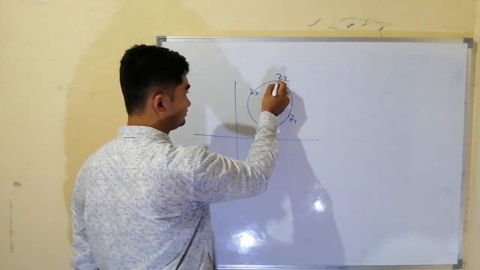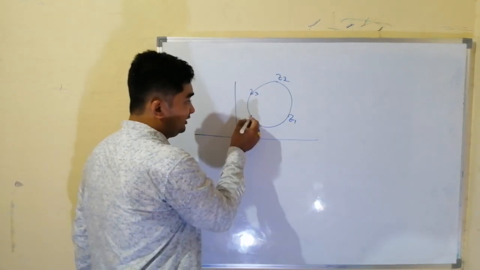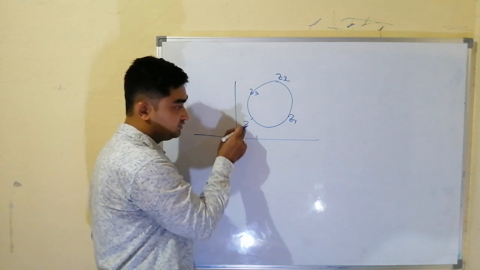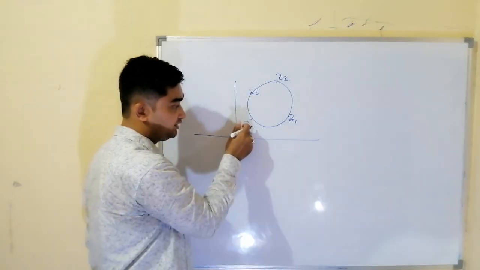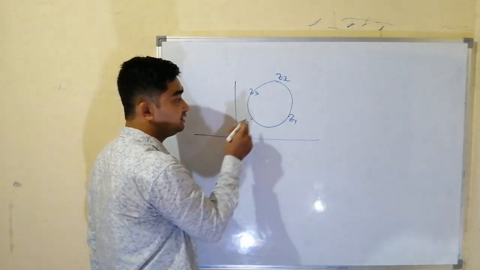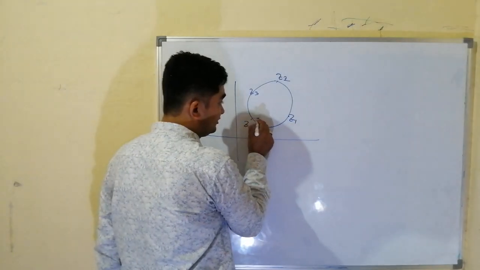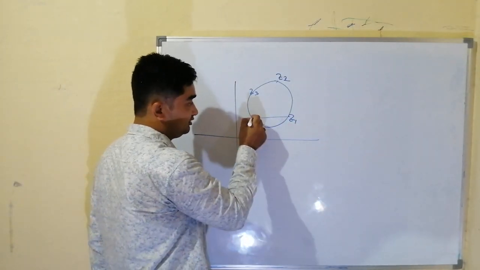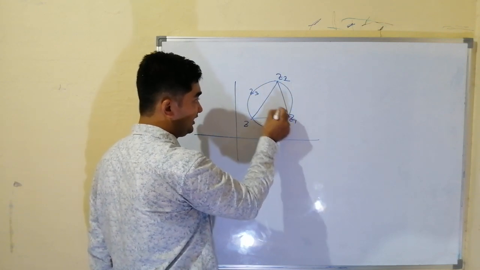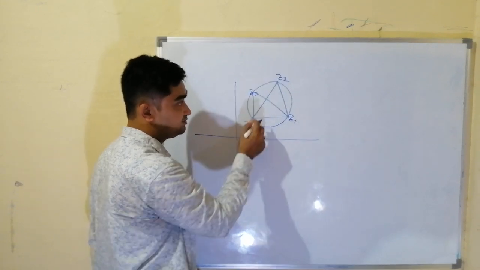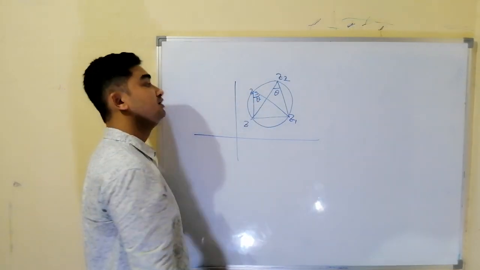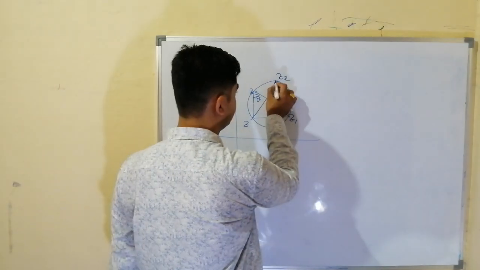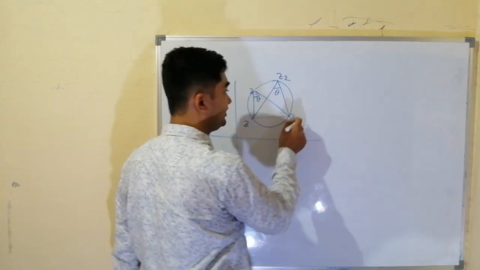Then how to do it? Let us say the locus of the point is z. Any complex number on this circle is z. Then join this to this. Now this angle and this angle, they are angles in the same segment, both should be equal. Let us say this is theta, then this is also theta. Then we can say that z2 minus z1.